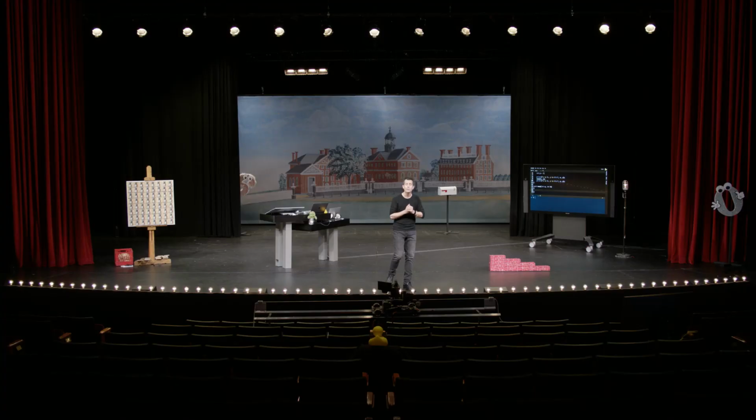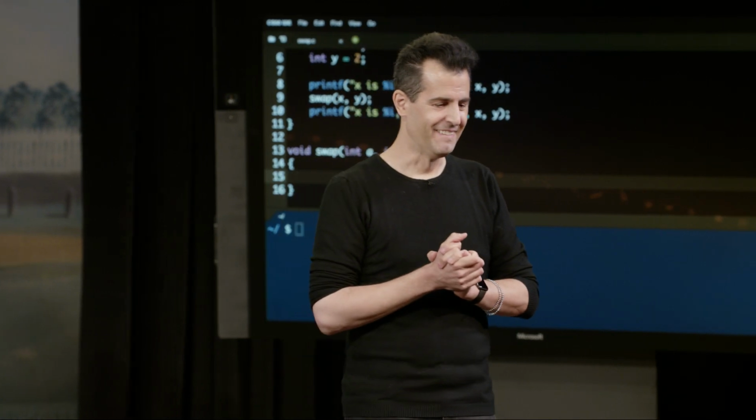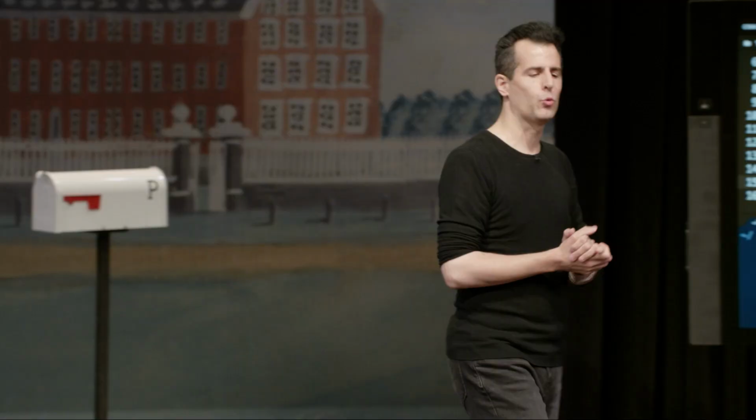So any thoughts here? What is the real world solution to this weird but real problem where we want to swap the contents of these two locations, just like Brian was swapping the contents of two memory locations last week? Brian, if you have your eye on the chat in parallel, might anyone have ideas on how we could swap these two liquids? Yeah, a couple of people are saying that I need a third glass. All right. Well, Brian, do you happen to have a third glass with you back there, backstage? In fact, I think I do. So I have a third glass here that just so happens to be empty. OK. And how would you now go about swapping these two things?